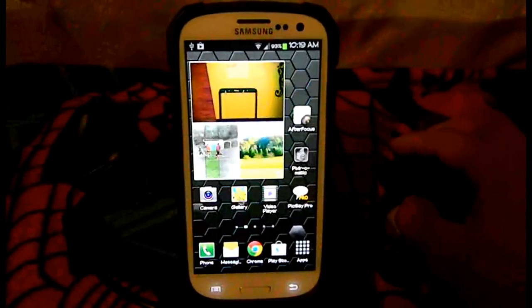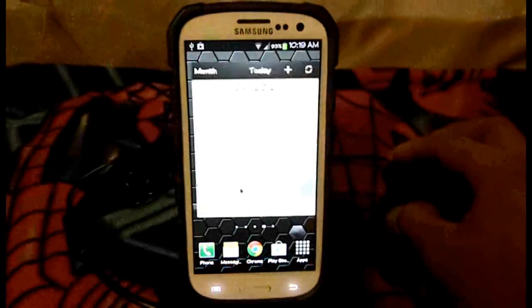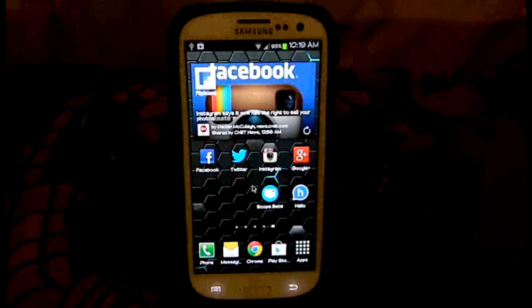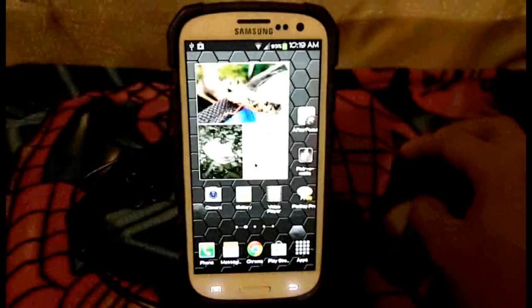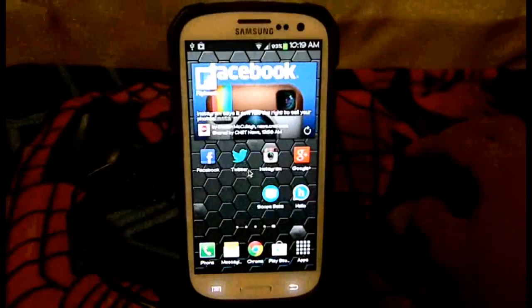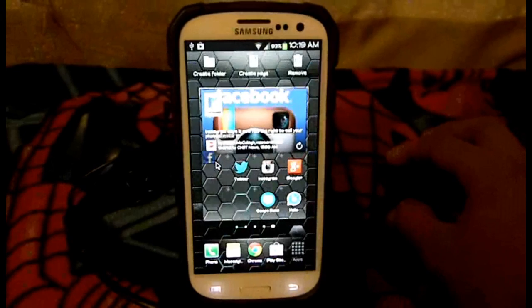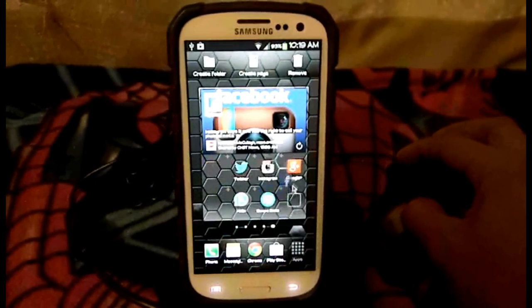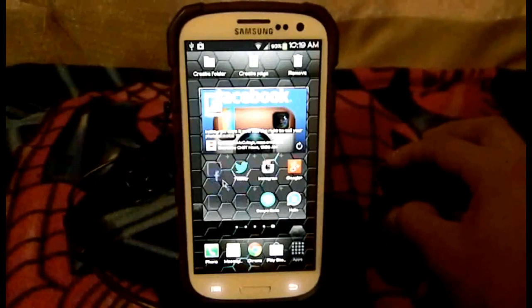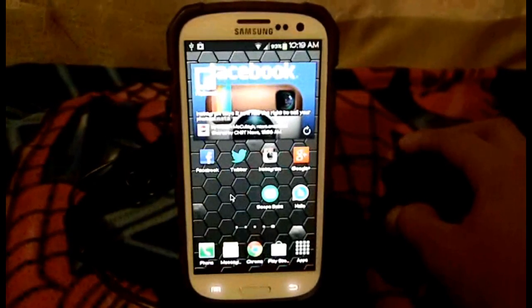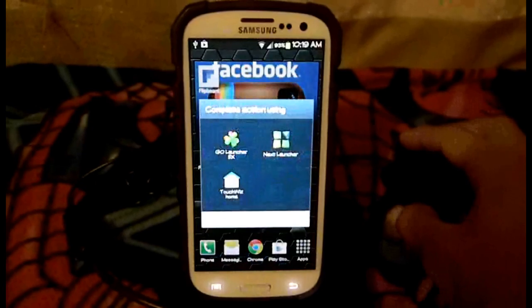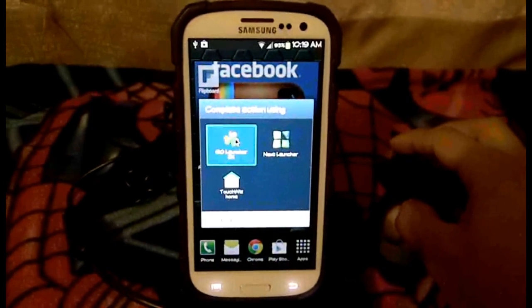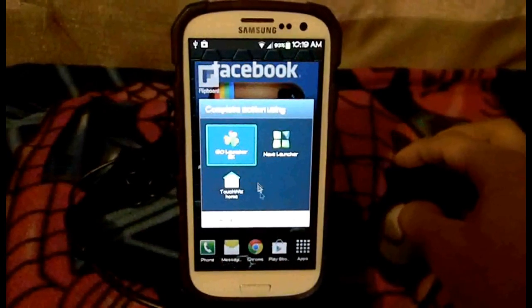I think it's pretty great. You're probably going to hear me say that a few times because it's so easy to use and very customizable to your liking. So this is the main home page. As you can see, whenever you take an app or an icon and try to move it, it moves. You cannot make a folder, unlike the Go Launcher X, which is what I've been using, which is this one here. A little more customizable,